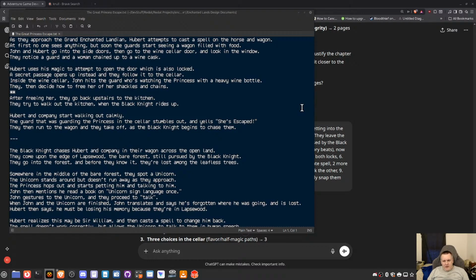So we have one thing here already, and actually, what I can do is expand on that. The one main way that I wrote already is that they take a horse and wagon. Both Hubert and John take a horse and wagon to the Enchanted Lands, the side with the kitchen